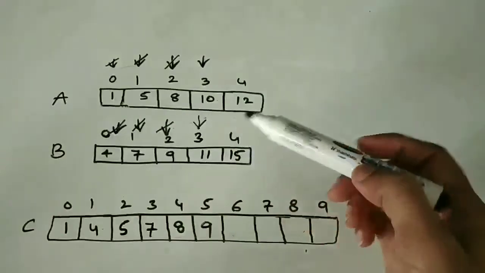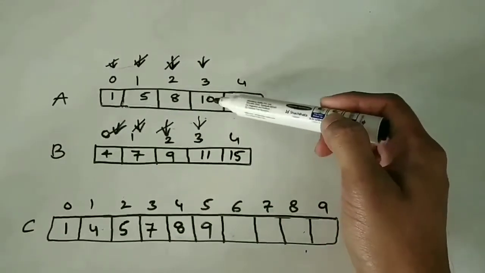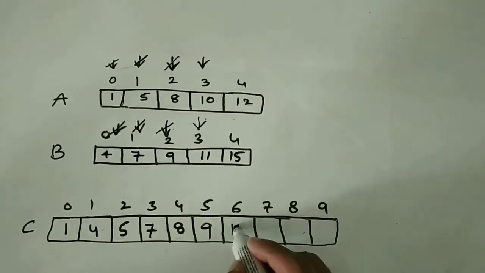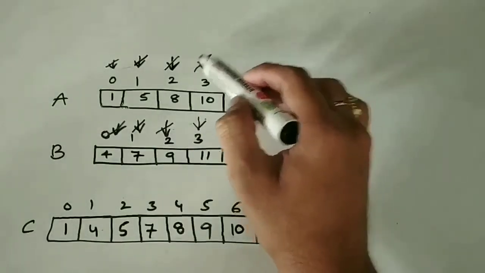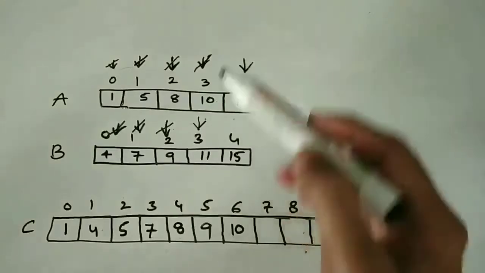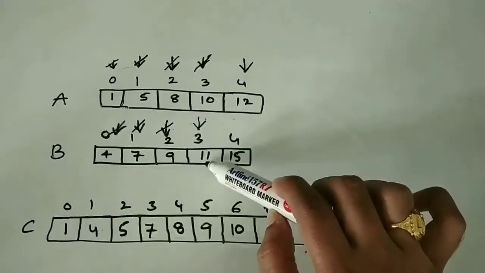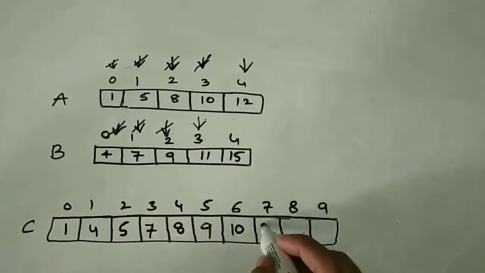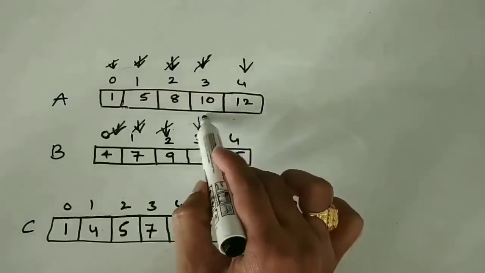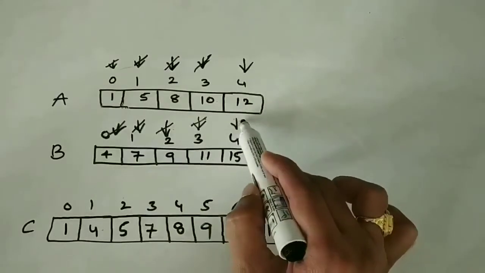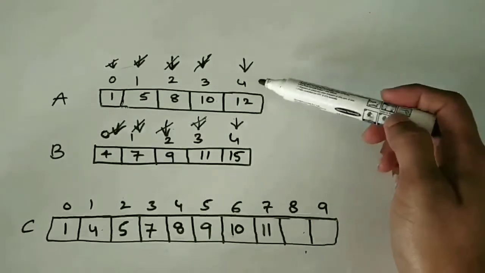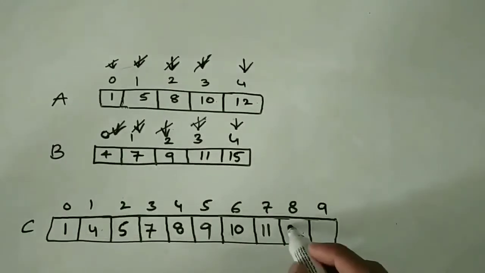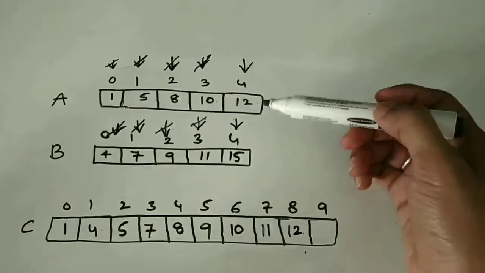the index. Now 10 and 11. 10 is lesser than 11, so I add 10 to the third array and I increment the index. And if we compare again, here the values are 11 and 12. 11 is lesser than 12, so I add 11 to the third array and I increment this one. And if we compare 12 and 15, 12 is lesser than 15. I will add 12 to the third array and